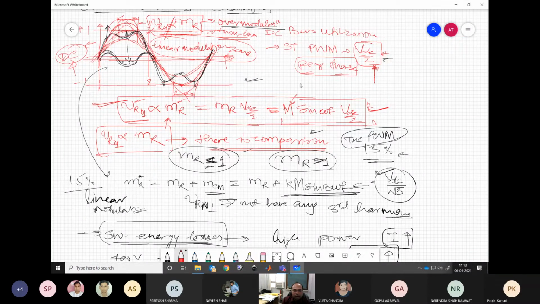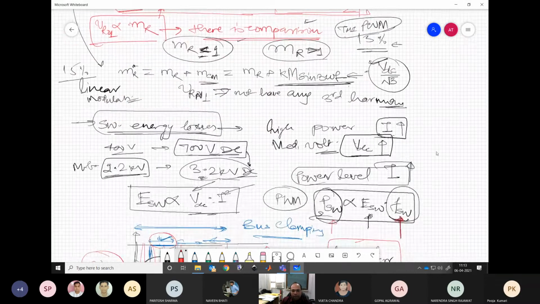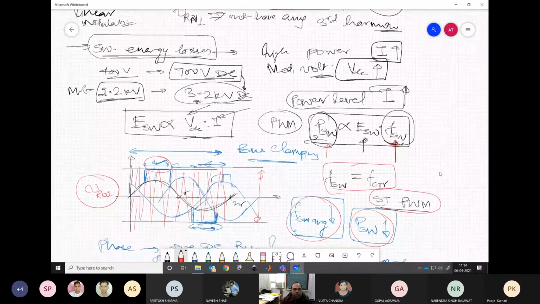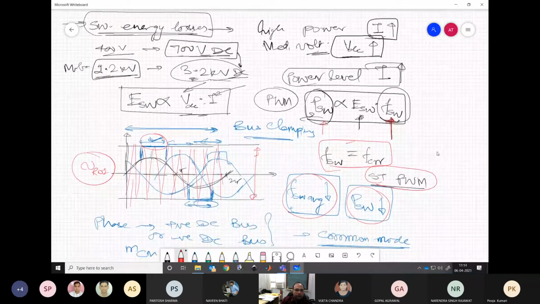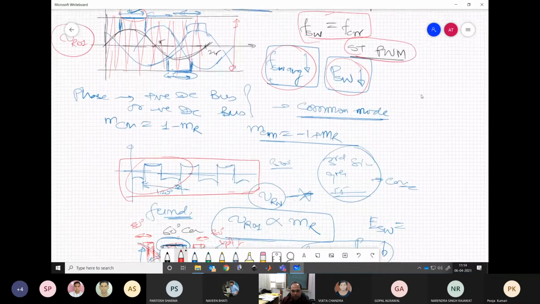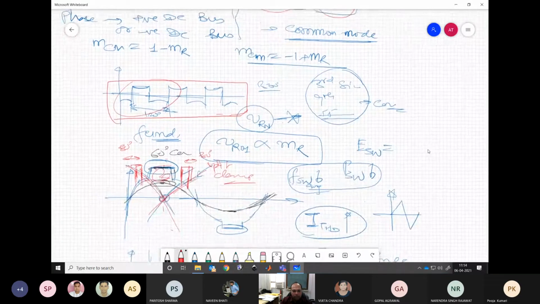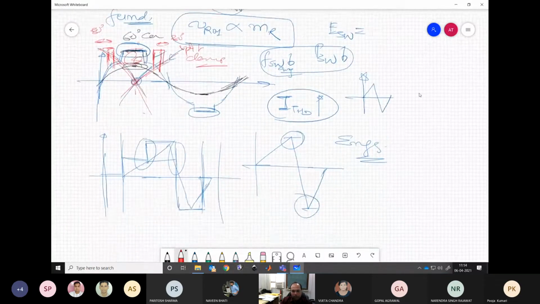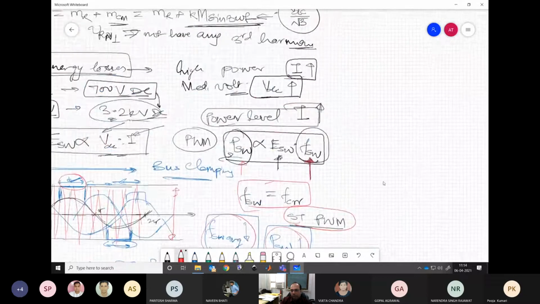So there is no surety that you will get the particular output voltage for this particular modulating signal. That linearity is getting lost in overmodulation, whereas in the bus clamping PWM, we are still able to maintain our linearity, and yet we are getting a reduced switching energy loss because of reduced switching frequency on average. So this is what we have seen. Here we need to compute the common mode, what to add, what to do.